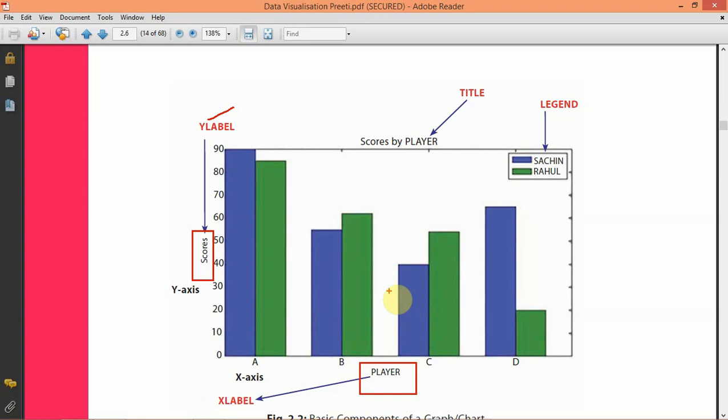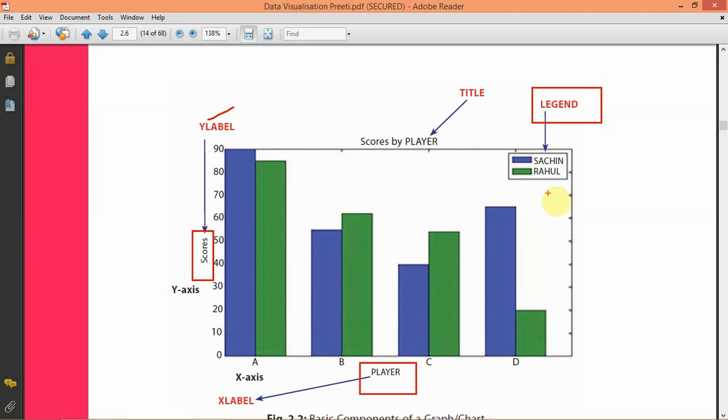So this one, and apart from this, you will have legend. This is legend. Legend will tell you the different information of different types of lines using different colors.